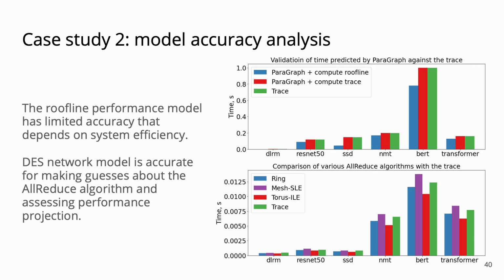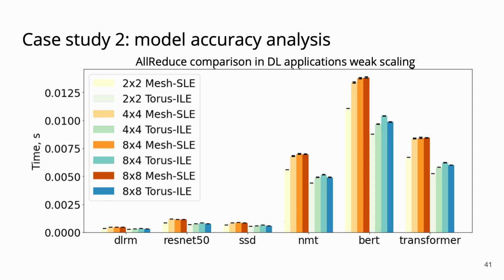The accuracy dramatically improves if we use ParaGraph with information about memory accesses and computation instructions from the trace, as in the red bar. We can see on the bottom plot that the network performance projection obtained with a detailed simulator provides a modeling error of around 5%. We can even infer what AllReduce algorithm the profiled system uses. We can also run a performance projection for different system sizes using the same application trace. In this case, from the same profiled ML workload trace, we project the performance of systems at various scales.